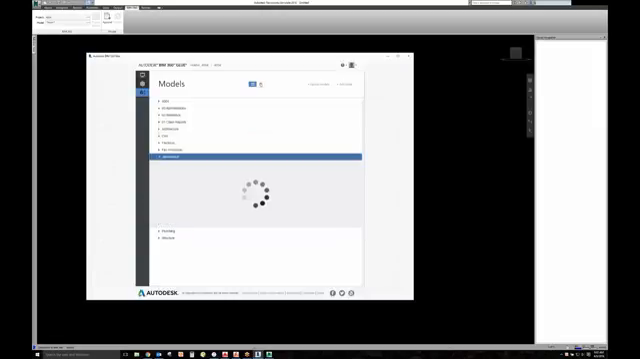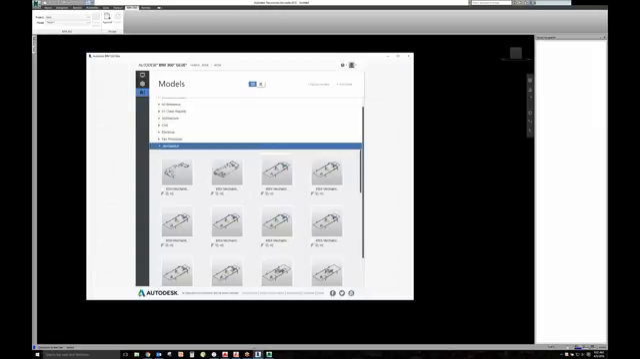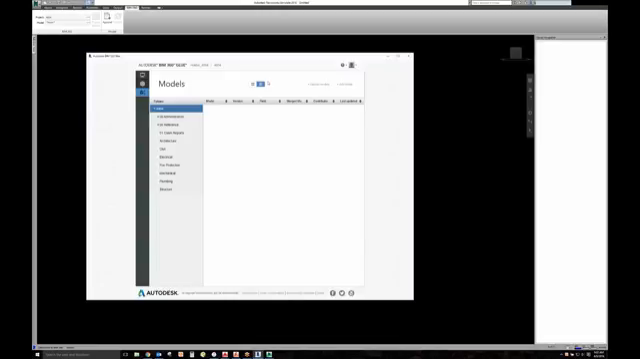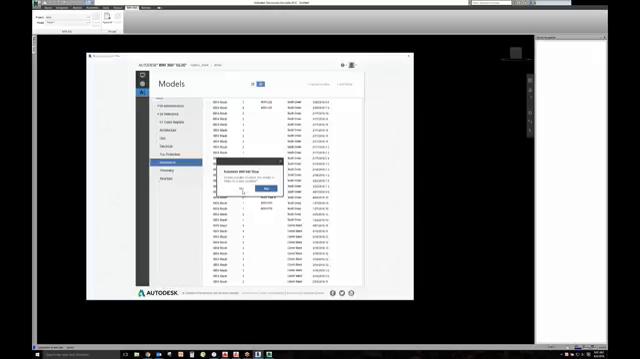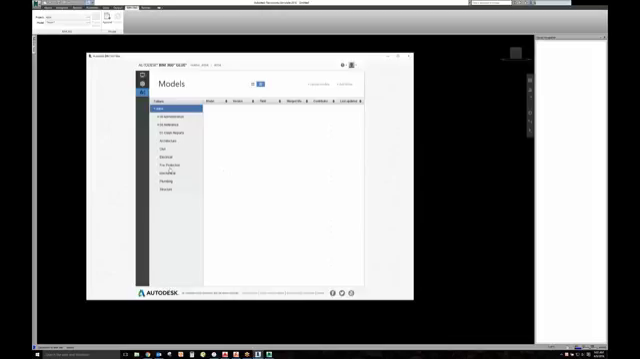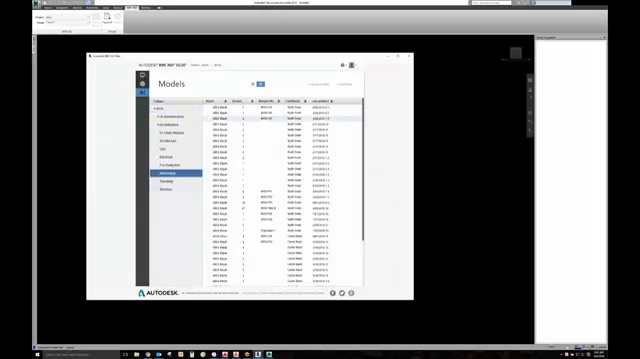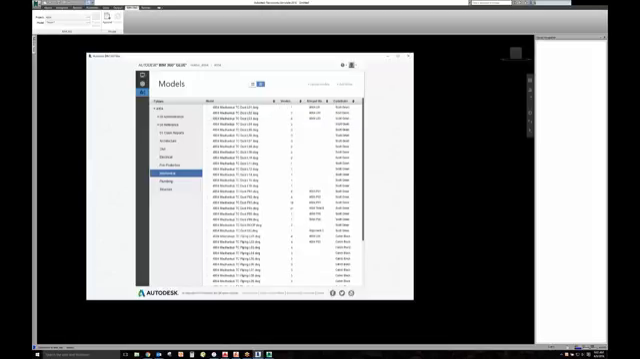And here's a question too. Most all of us prefer this list view. Is there any way to make that the default? Because if I log out and log back in, it's back to tile view. Let me test that. I don't think so, but